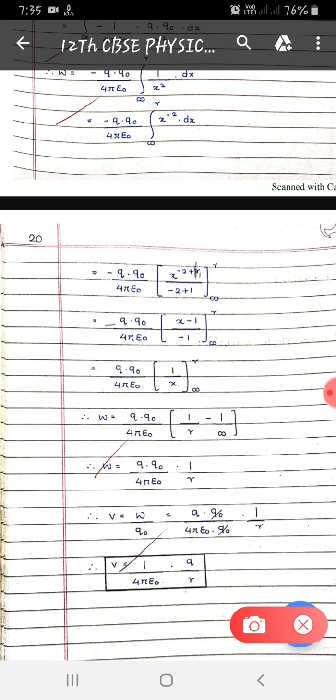So therefore my dear students, one thing I want to mention: this formula of electric potential is a bit similar to the electric field intensity formula, but the only change is that in electric field intensity the formula 1 upon 4 pi epsilon naught q upon r square is there, but here in the electric potential formula 1 upon 4 pi epsilon naught q upon only r is there. Okay, this is the main difference between electric field intensity and electric potential.